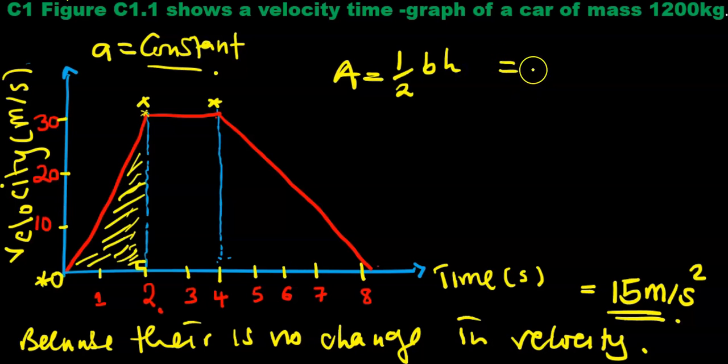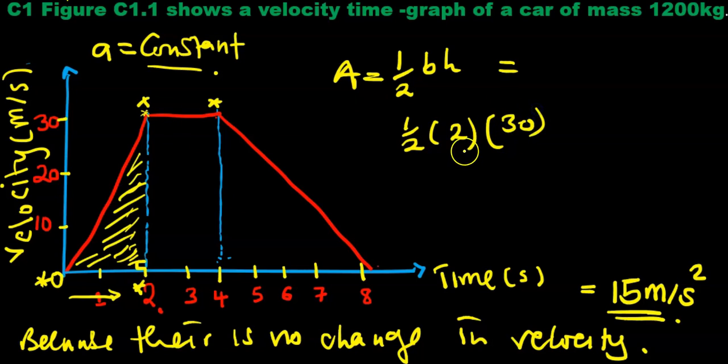half BH. Okay, what is our B? Our B is this one. So half, our B is 2. Then what is our H? Our height from here up to there. This is our height. That is the 30. If you multiply here, you're going to have